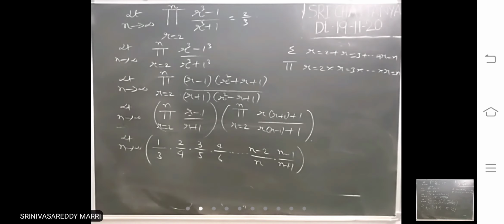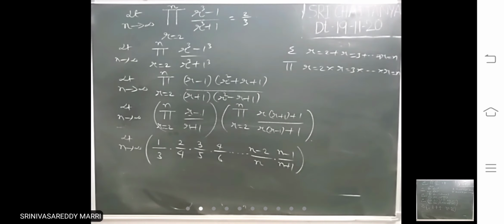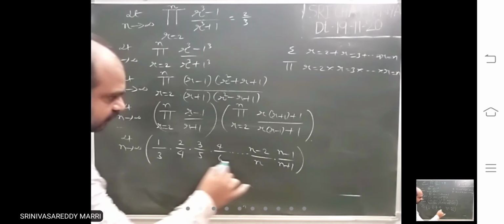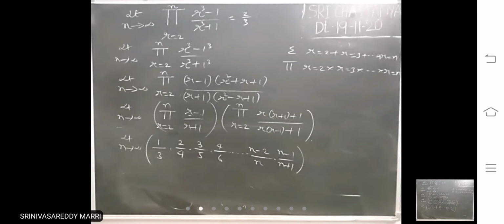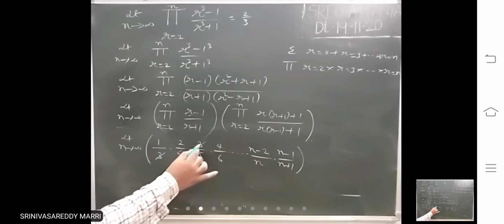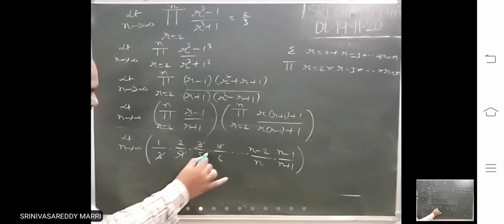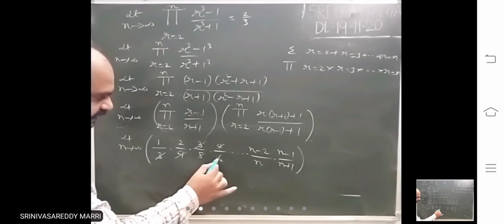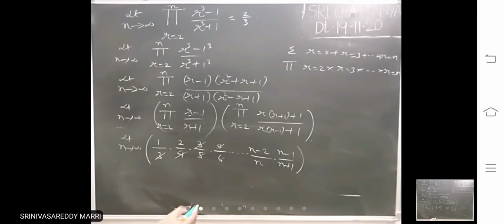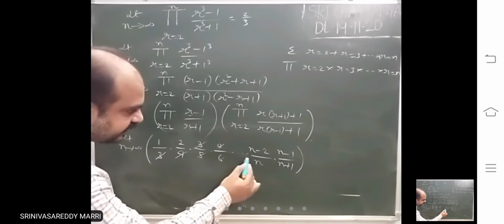So this is the first product. Look at here, 1 to n minus 1 is there. Here 3 to 2 is there. That means these terms will get cancelled. Look at 3, 3, 3, 4, 5, 6. Here all terms will get cancelled like this. So till n minus 1, the before term will be there.